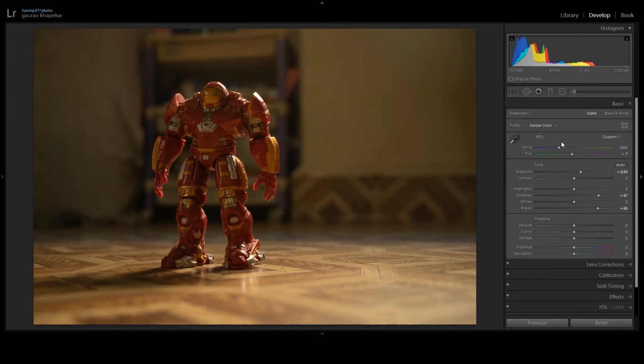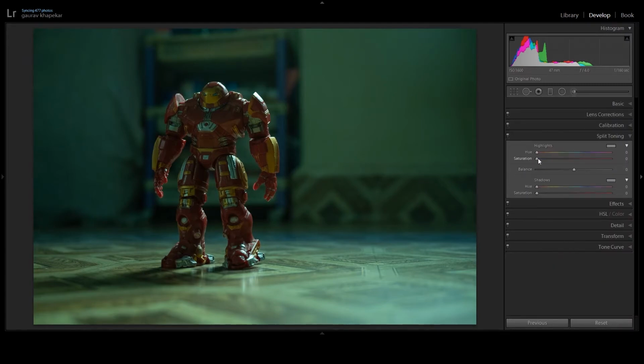So this looks like a warmer photo, but I want it to be a cooler photo, so I can always change it to cooler. But it looks more magenta or greenish, so I will change it to a bit greenish so it looks like a Matrix movie. Then I'll go to my split toning, and I want shadows and highlights to be changed according to my mood. I think with the Iron Man movie, the shadows should look good with yellows or greens as well, but we'll go for yellows, and you can change the balance accordingly.